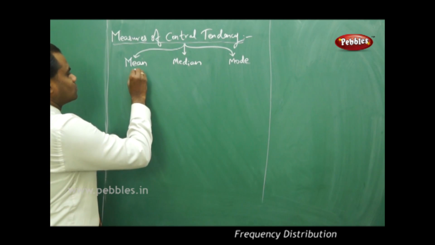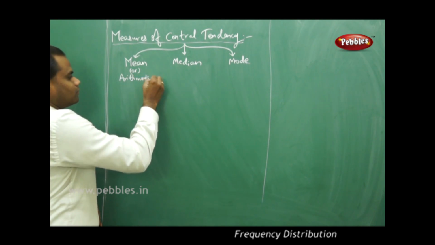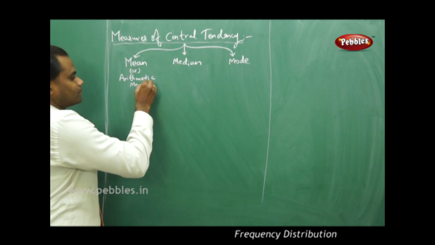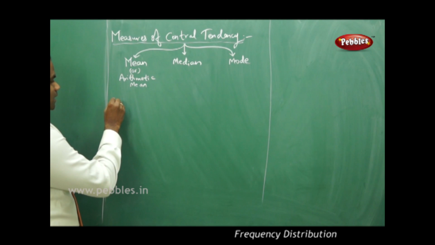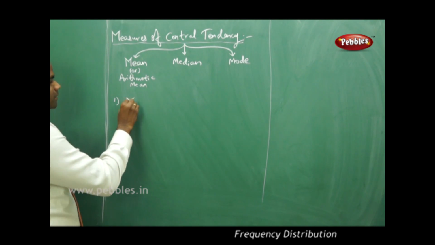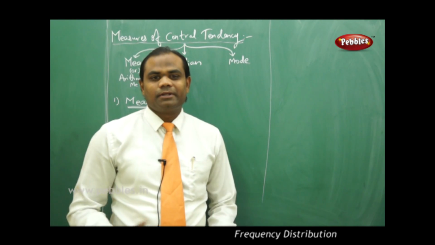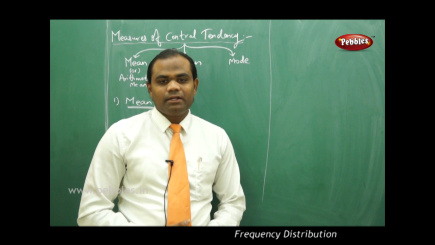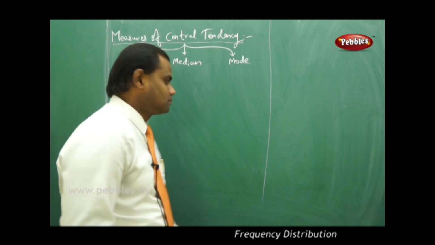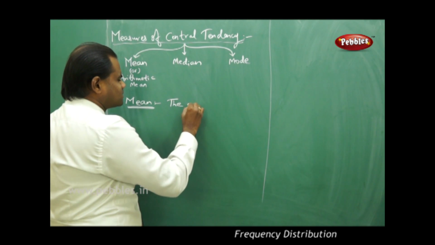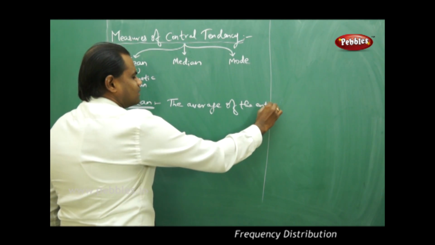Mean here is also called arithmetic mean. Just to note a point, the other name for mean is arithmetic mean. So let's start with the first measure of central tendency, the mean or the arithmetic mean. Mean is nothing but the average of all the data which is collected. The definition says the average of the entire data